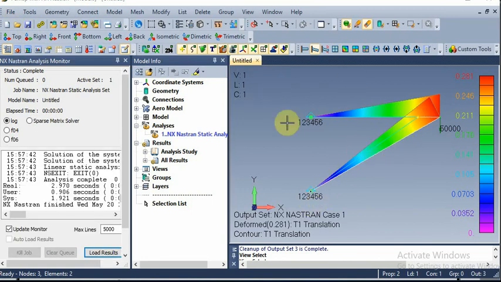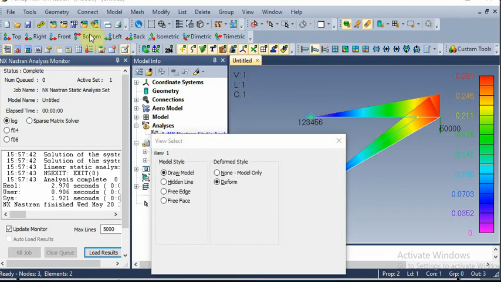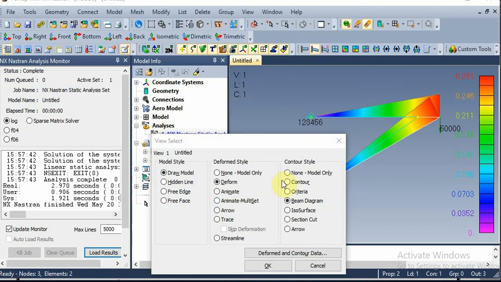Similarly, we have to check one more contour for T2 translation. So again you have to click F5. Repeat the same step, that is model, deform, and the contour style is beam diagram.